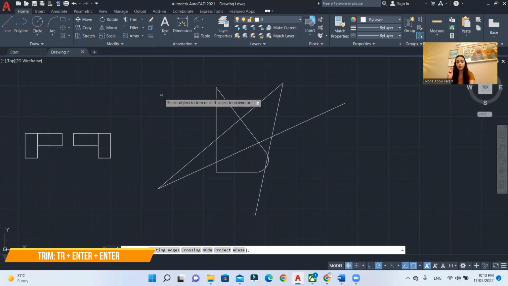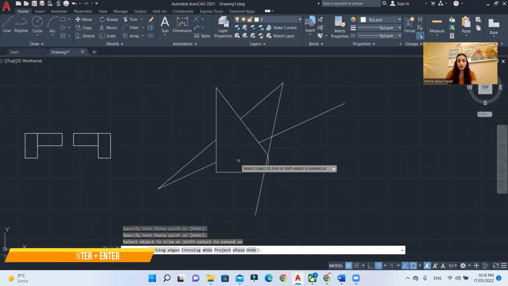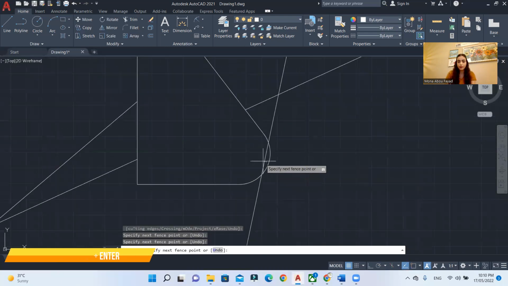This is very important tip. If you want to use trim, don't just click on the command. You have to click on the command and then press on your enter. Also, if you want to use the shortcut from your keyboard, you can type TR double enter on your keyboard,